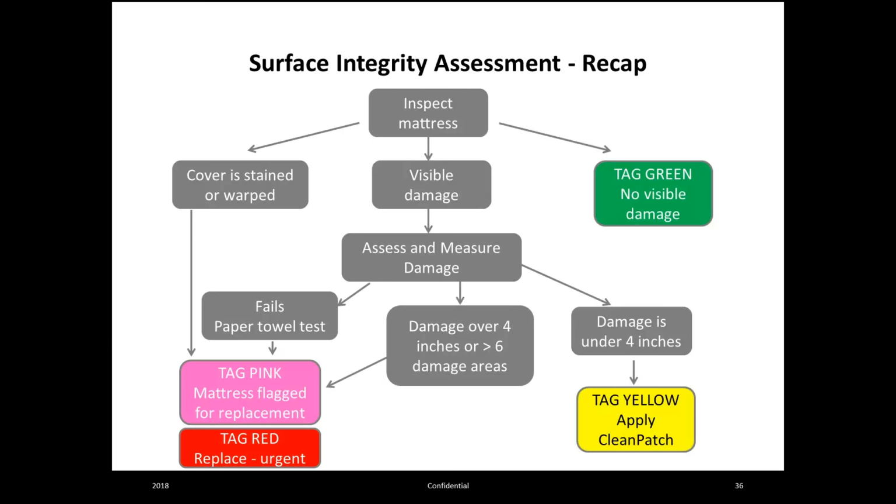measurements. So if the damage is over 4 inches or there's more than 6 damage areas, again, it's pink or red. If the damage is less than 4 inches and there's no signs of fluid ingress, you would tag yellow and apply CleanPatch. We have found in our assessments that anywhere between 70 to 90% of the time will be a